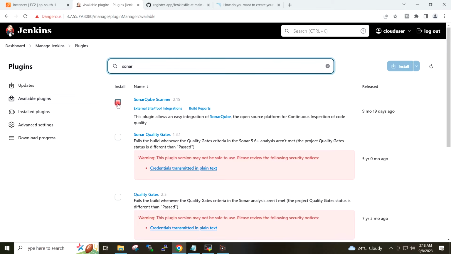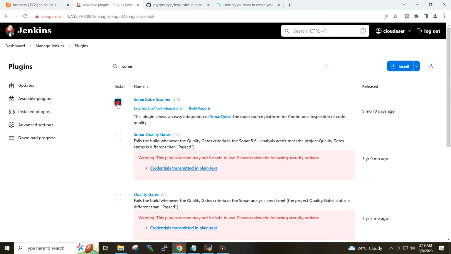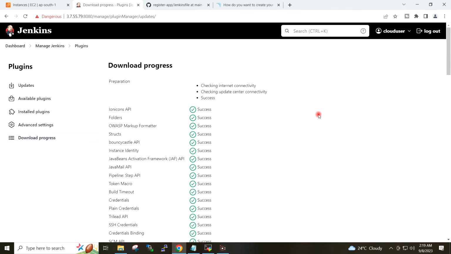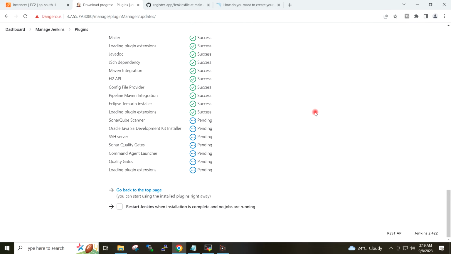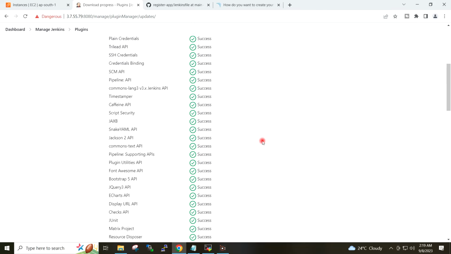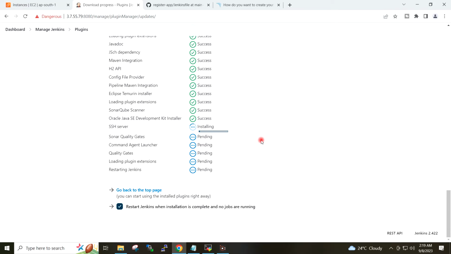So I will select this one, SonarQube scanner and Sonar quality gates and the quality gates. I will click on install, and here I will tick restart Jenkins when installation is completed.